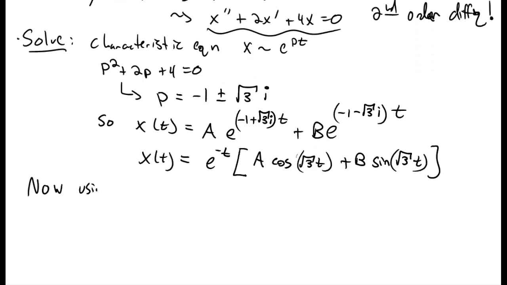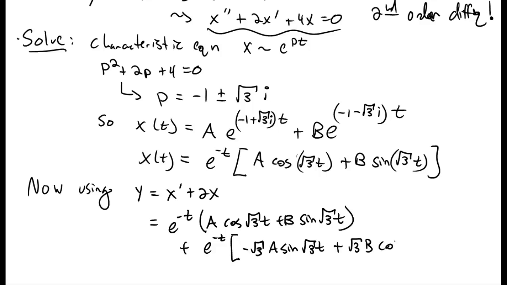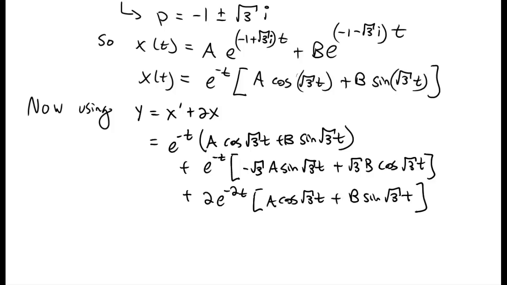Okay, so that's our solution for x of t, but we want a solution for y as well. And we can get that using our relationship between x and y. This gets a little ugly because we have to take a derivative of x and then add in 2 times x. So the derivative involves 2 terms shown here, and then you also have the 2 times x of t as well. It doesn't look particularly nice, but okay, we can simplify this by collecting the cosine and sine